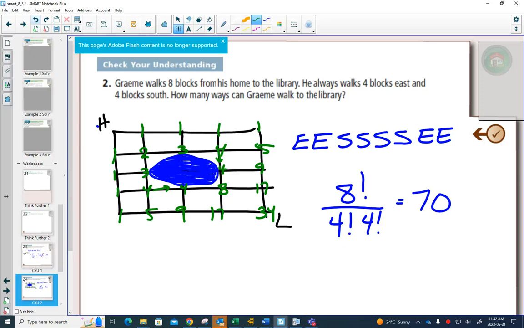Okay, question for practice on this one is number 12. And since these are all